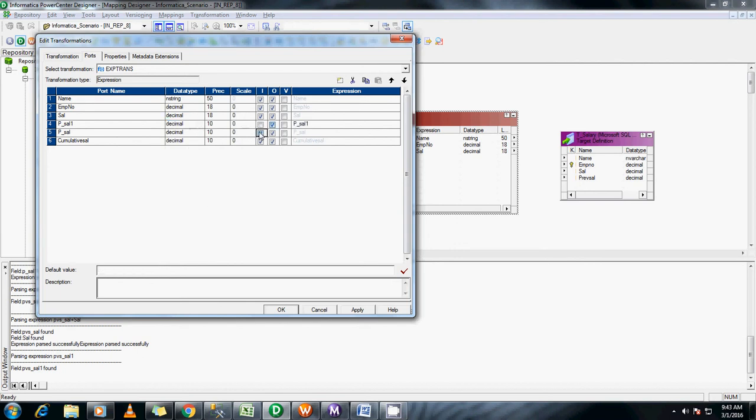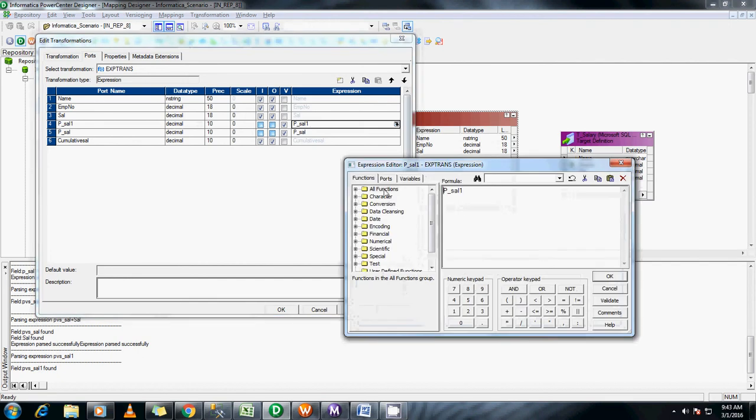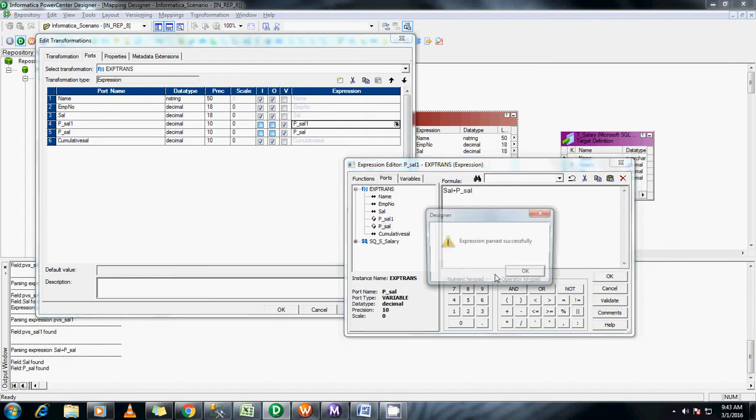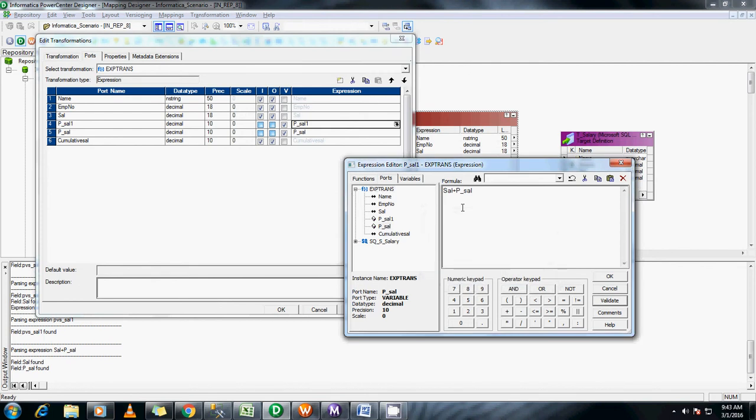Both are variable ports. So this will be the salary plus the previous salary. Validate. Right now the previous salary will be just the salary itself.